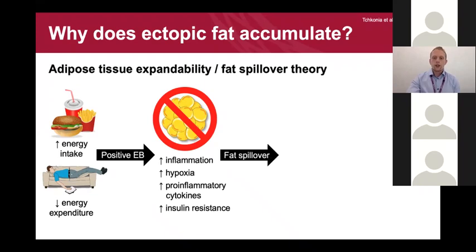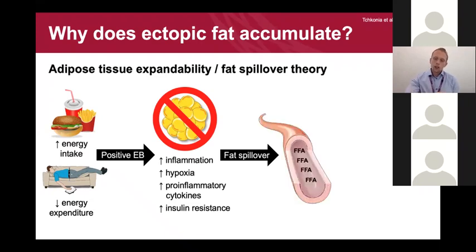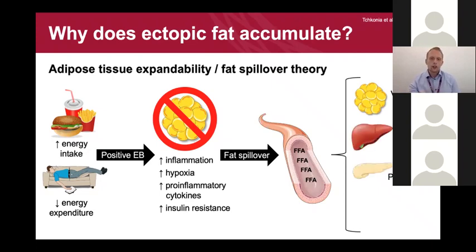This means that fat is released into the circulation or bloodstream, and this is what we refer to as the fat spillover. So the fat spills over into our circulation, and this can then be delivered to the tissues which aren't designed for mass lipid storage. So this is our visceral fat stores, our liver, our pancreas, and our muscle. So importantly,